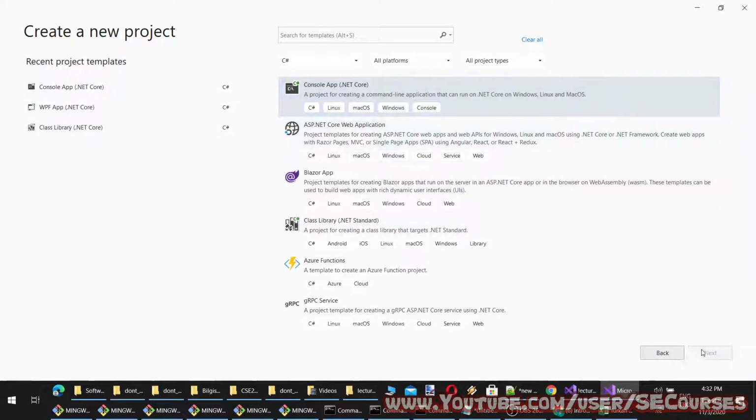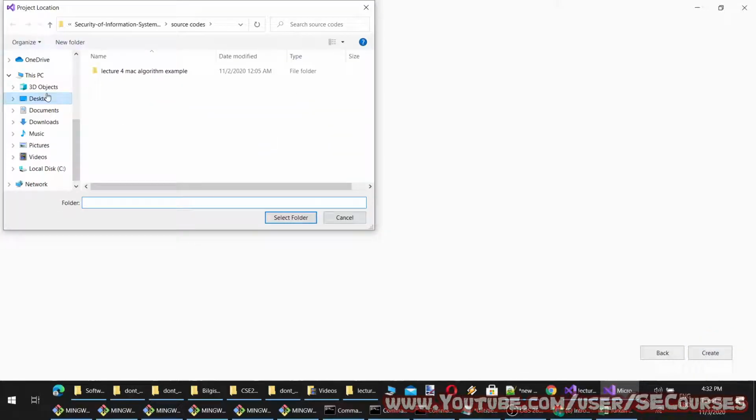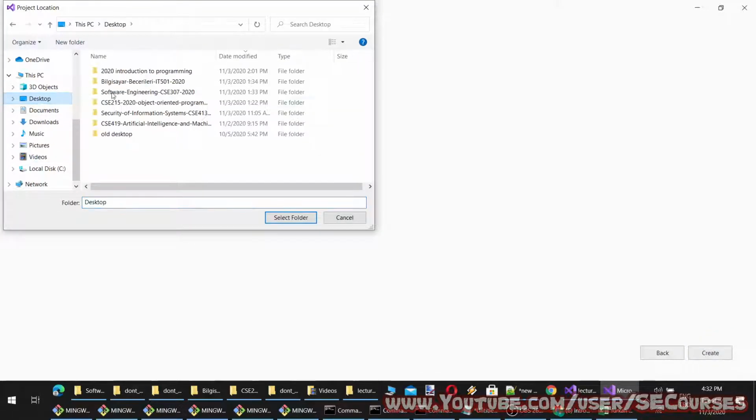Console app, .NET Core. Let's pick our folder.